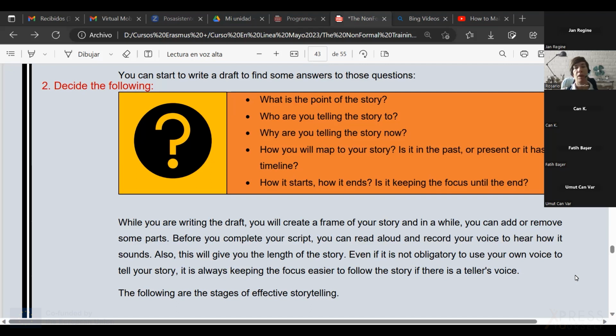So if you want to make a story without a voice, you have to be very good at it and think very carefully about which photographs you're going to choose, which images you're going to put together, and how you match them, how you make a line with all of them.